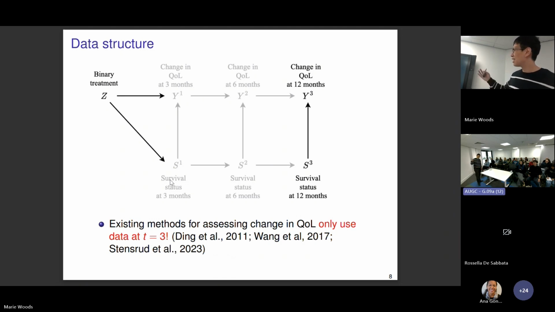If you look at the literature, we're not the first ones to use this data set. This data has been used quite extensively by people working on truncation by death. But if you look at all the analyses, you will find something pretty interesting: all of them only use the data at one particular time point, which is usually the last time point. There must be some reason for that. These are all very high-profile papers published in very good journals, but usually they only use the last data point.